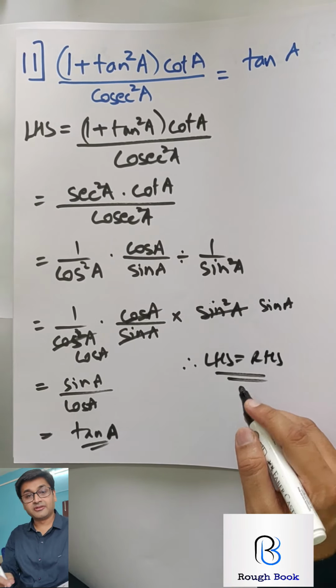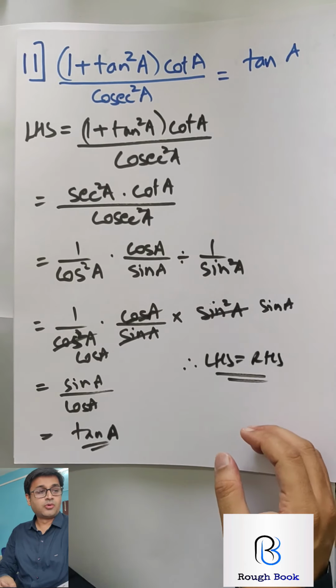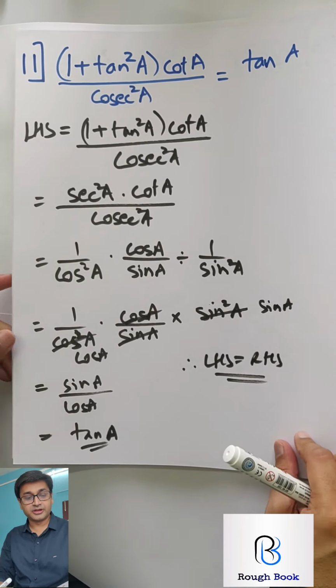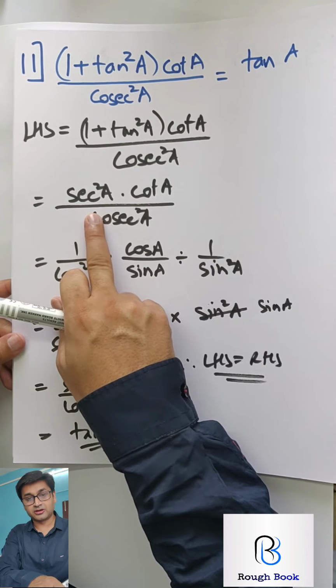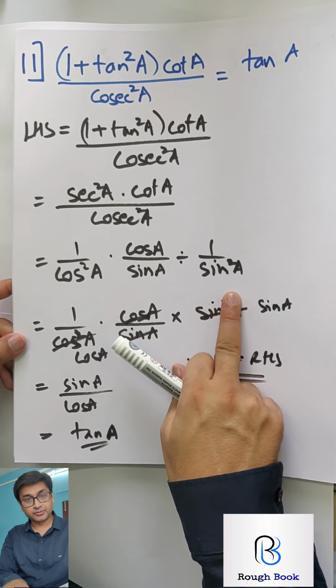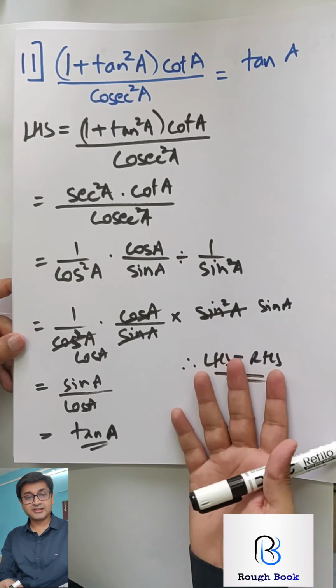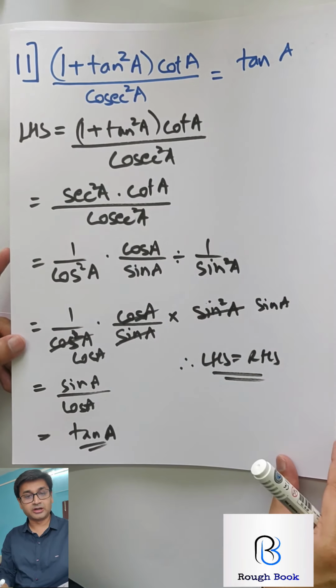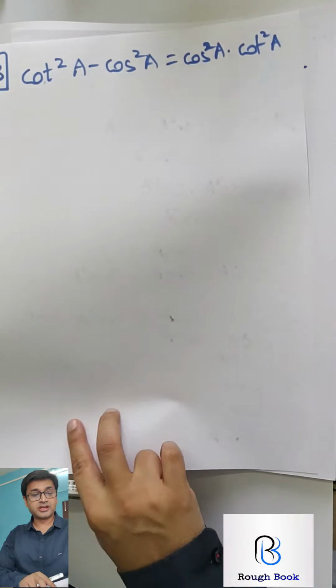Is that very clear, everyone? Was this simple? It was. It is not difficult at all. You're just trying to use your brains over here. You converted first square ratio, then you used all the reciprocal ratios, and then basic algebraic formulae like LCM or converting division into multiplication. Yeah. Let's try the next one.